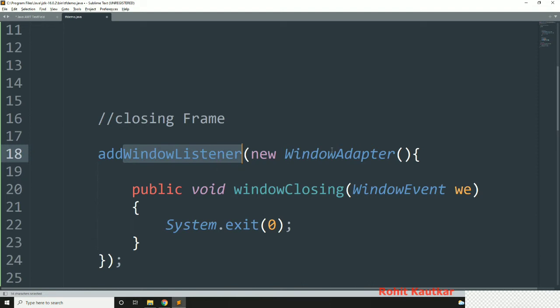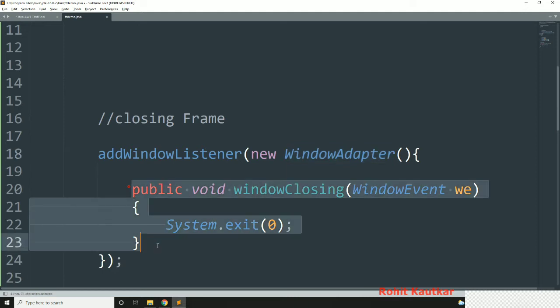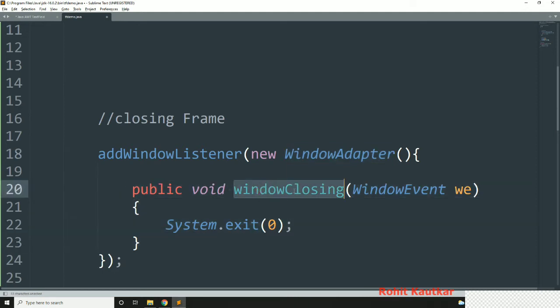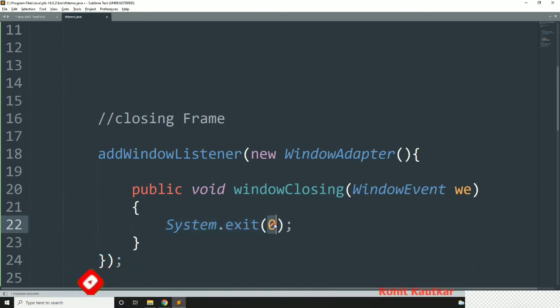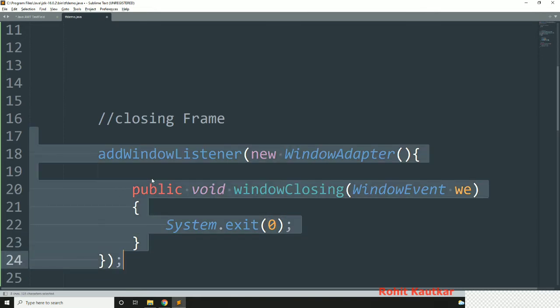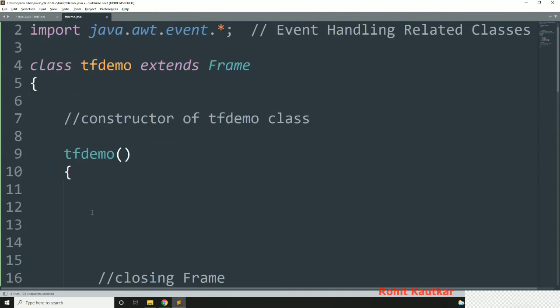That's why the window listener interface is already implemented by this window adapter class. So from this class we implement only the method that we want. Here I need only one method, window closing. Whenever the user clicks on the close button, the window is about to close and this method gets invoked. And here I am passing system.exit 0. This 0 means the program has terminated normally. So this is how we have added code for closing the window.